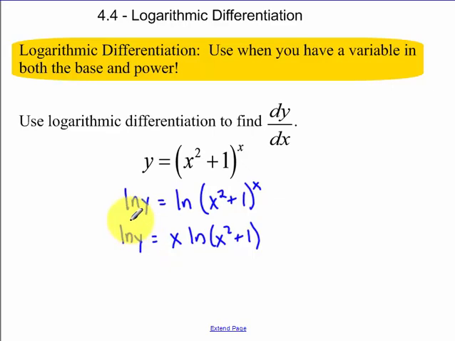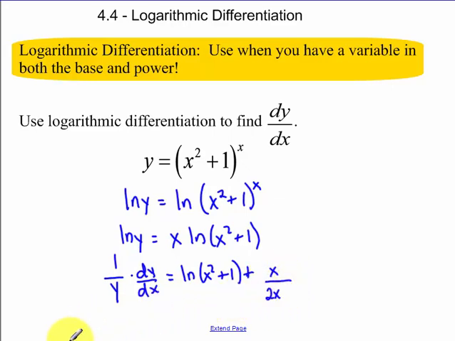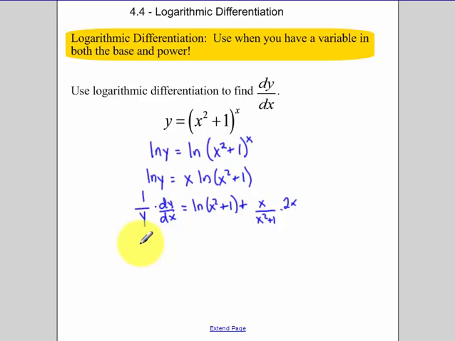Now, the derivative of the left side is going to be an implicit differentiation, 1 over y dy dx. Here we have a product rule: derivative of the first, leaving the second alone, plus leaving the first alone, derivative of the second. Yeah, I screwed that up. There we go. I got too excited. I wanted to take the derivative. So 1 over the inside times the derivative of the inside. So now, simplifying that a little bit,